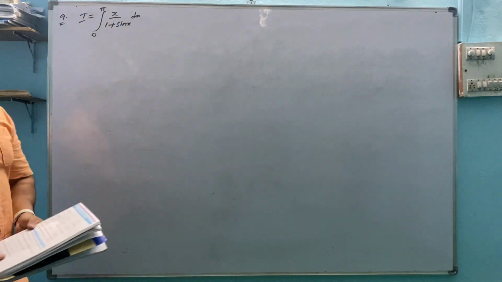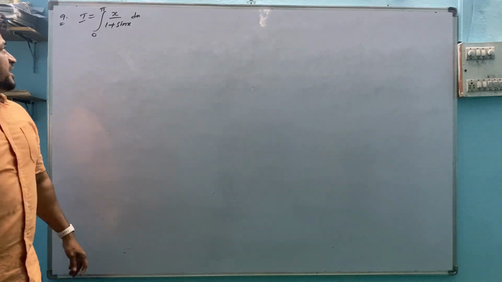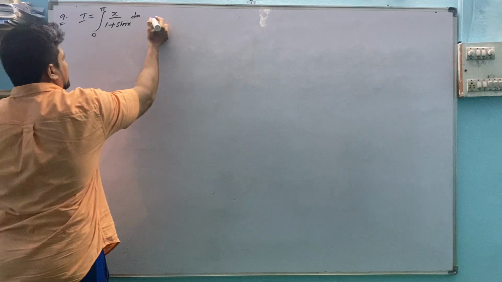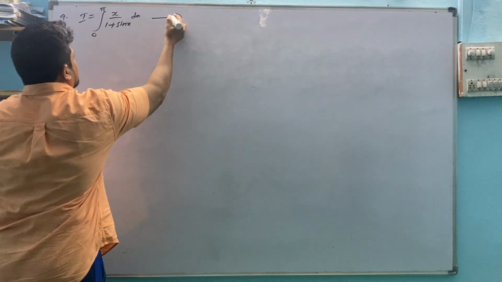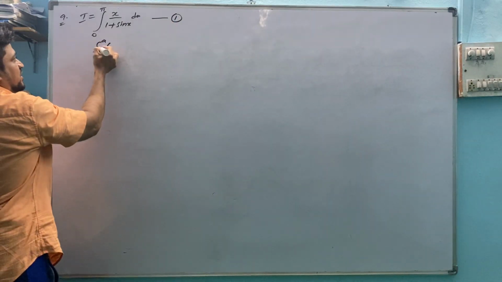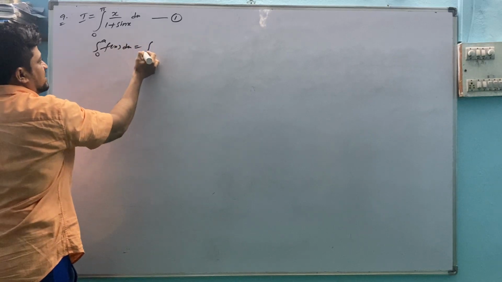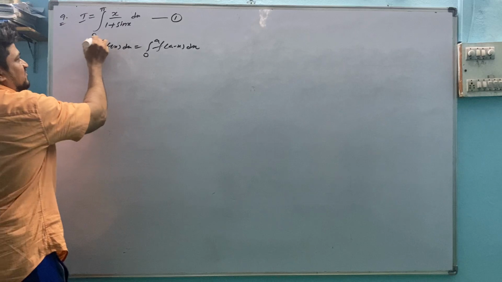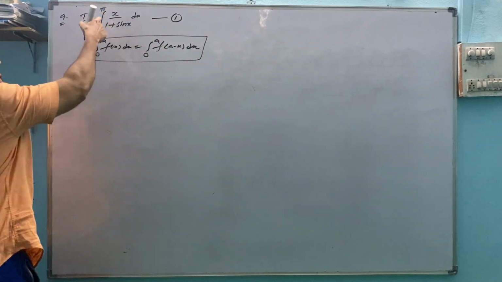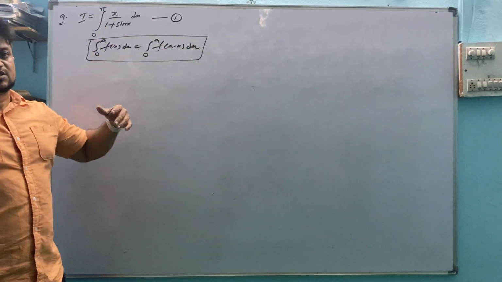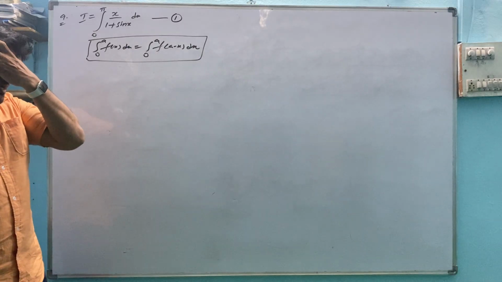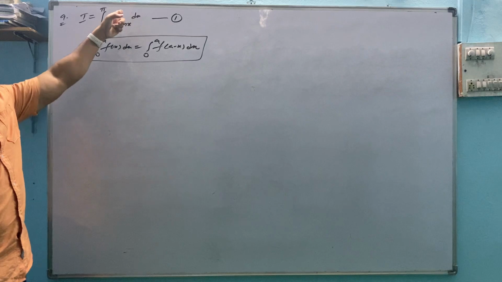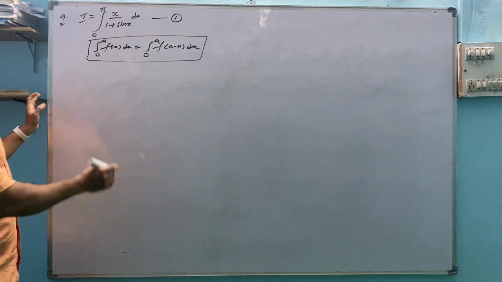From here onwards, integral x by 1 plus sin x dx. What we will do, 0 to a: integral 0 to a f of x dx equals integral 0 to a f of a minus x dx. In the previous problem, we had 0 to pi by 2, but we did not use this logic because the numerator contains 1 and the denominator contains sin and cos terms. We will consider tan. Here x is there, so we will consider the 0 to a property.